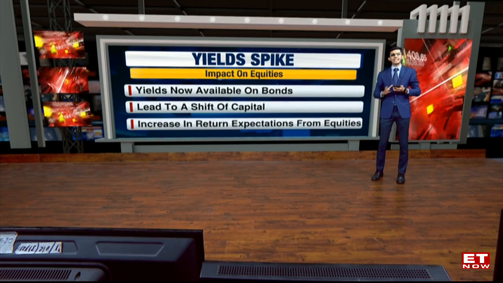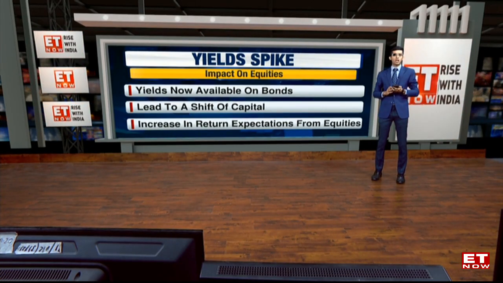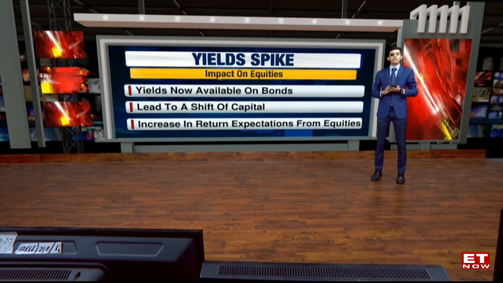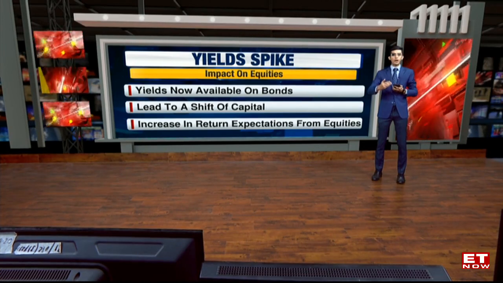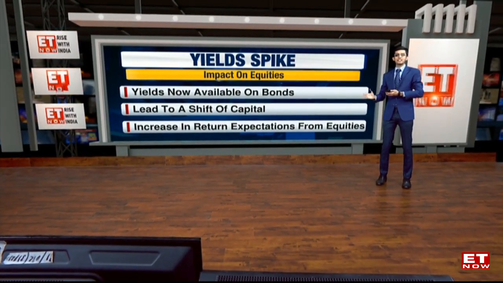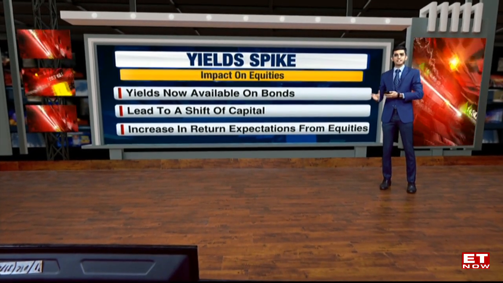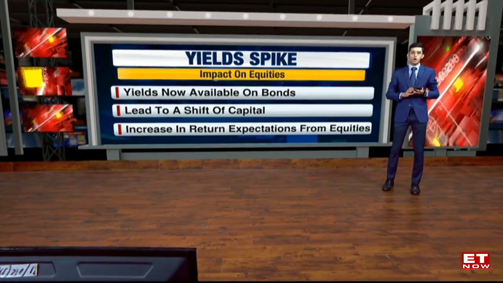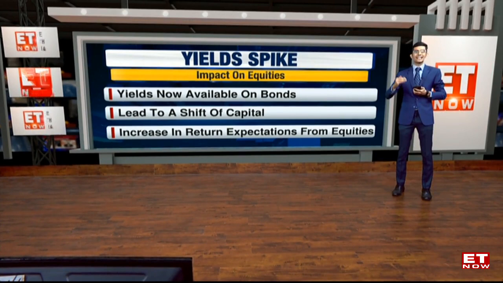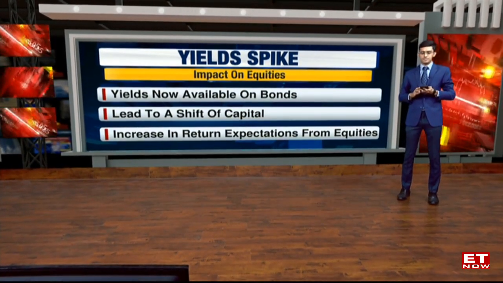Why is this impacting equities? Of course, that's largely on the back of the higher yields available on bonds globally at the moment. We have seen the US 10-year yield rise from 1.5 to 3.4%, and that higher yield will mean that there is a risk of trade happening. It's a shift of capital from equities and higher-risk cryptocurrencies into bonds. And of course, that also means that there is an increasing return expectation from the riskier asset classes.